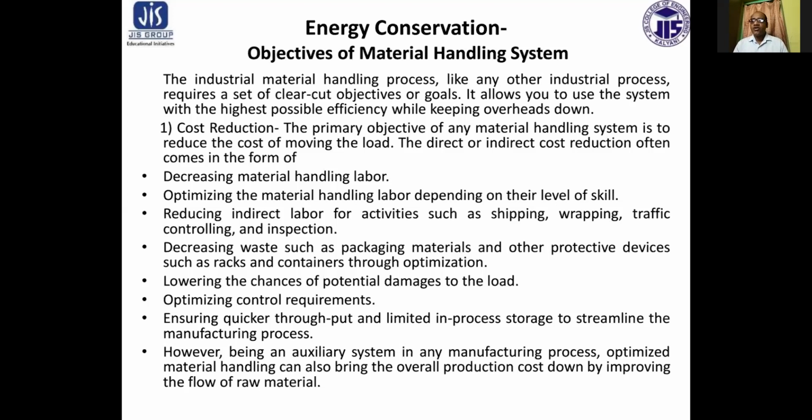The direct or indirect cost reduction often comes in the form of decreasing material handling labor, optimizing the material handling labor depending on their level of skills, reducing indirect labor for activities such as shipping, wrapping, traffic controlling, and inspection, decreasing waste such as packaging materials and other protective devices such as racks and containers through optimization,